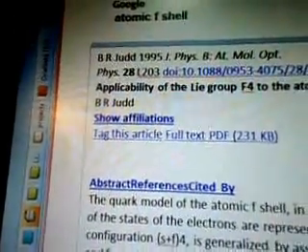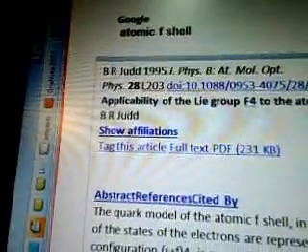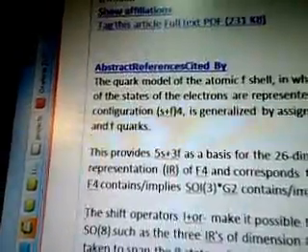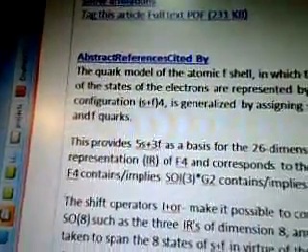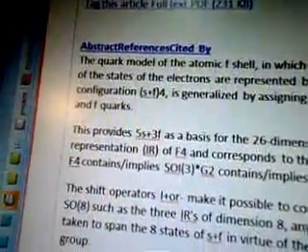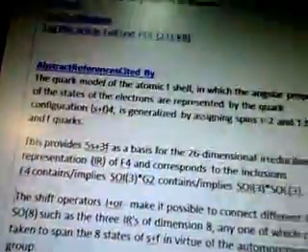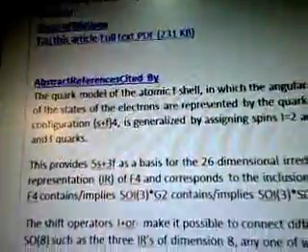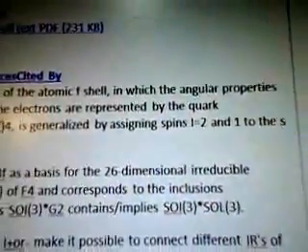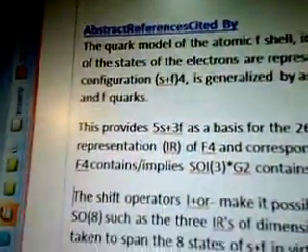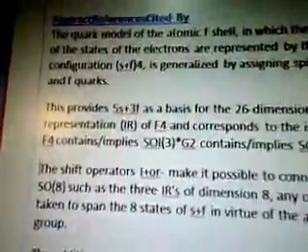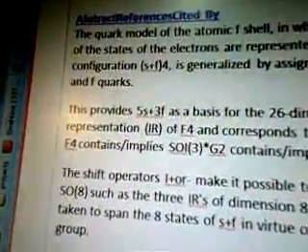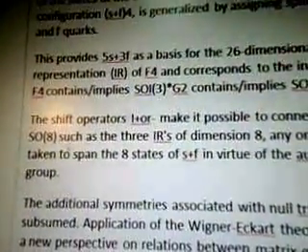And this is B.R. Judd, applicability of the Lie group F4 to the atomic F shell. Abstract says the Quark model of the atomic F shell, in which the angular properties of the states of the electrons are represented by the Quark configuration S plus F4, is generalized by assigning spins 1 equals 2 and 1 to the S and F quarks. This provides 5s plus 3f as a basis for the 26-dimensional irreducible representation of IR of F4 and corresponds to